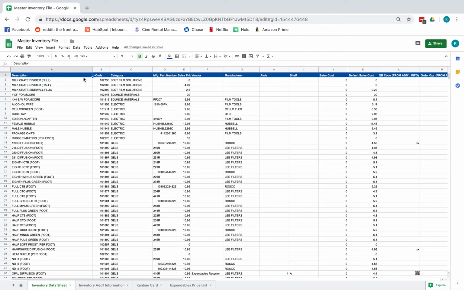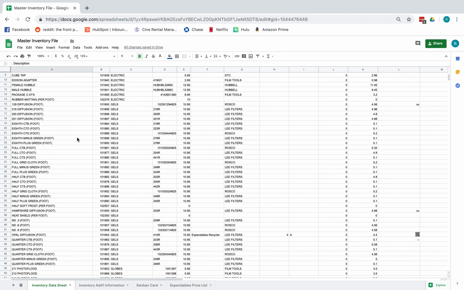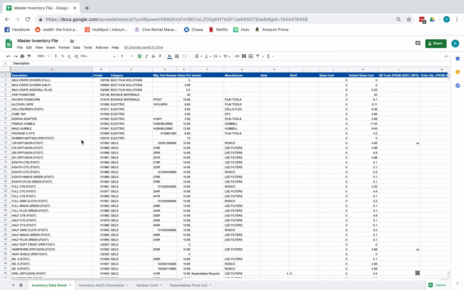Pretty much the bane of my existence is expendables. I don't really love to deal with them, but it's something that we have to do. So I've just been trying to figure out how to make it easier, faster, a little more simple. What we've been doing is we managed to export this report out of RentalWorks, and this is just